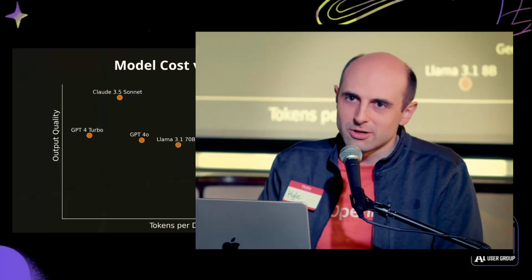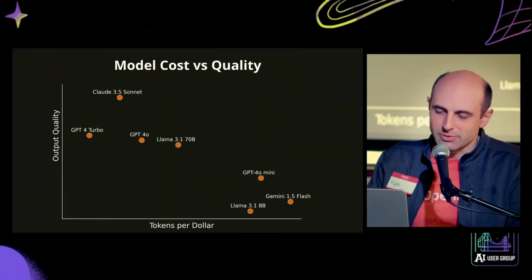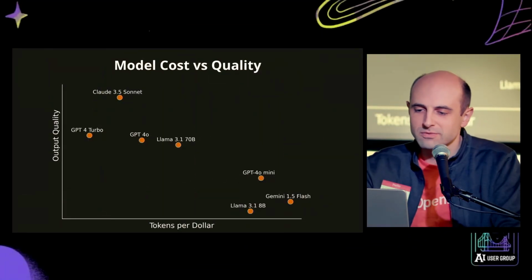And so if you're doing anything with, say, voice chat, or even just normal chat, or you're doing a bunch of calls in a row in sort of an agentic framework, and the user's sitting there waiting for you to do all these calls, you're going to start caring a lot about latency. And that's also very correlated with model cost, in the sense that cheaper models are usually lower latency because both of those are associated with model size. The smaller your model is, the faster it'll be and the cheaper it'll be. So moving to smaller models does have some substantial advantages.